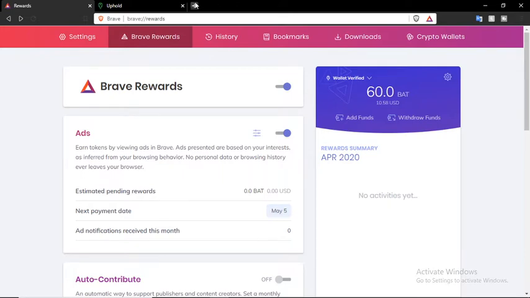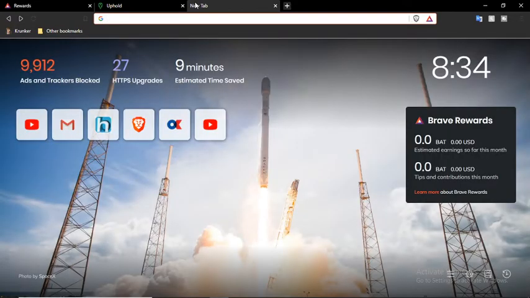to download Brave browser because in 4 months I have generated over $8,000. I have shown proof in my previous video. So if you want to do the same, first you need to download the Brave browser and try it for 1 or 2 months, and after that you will start getting ads. After that you will be able to make money.